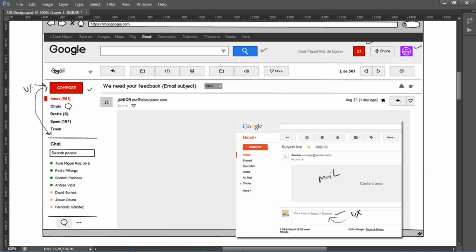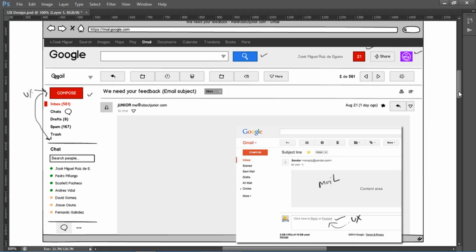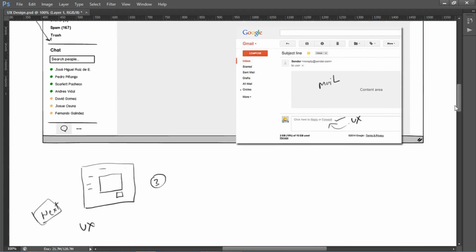Okay, so you have got some knowledge of UX design, what UX design is, what the examples are, and how it is being used.